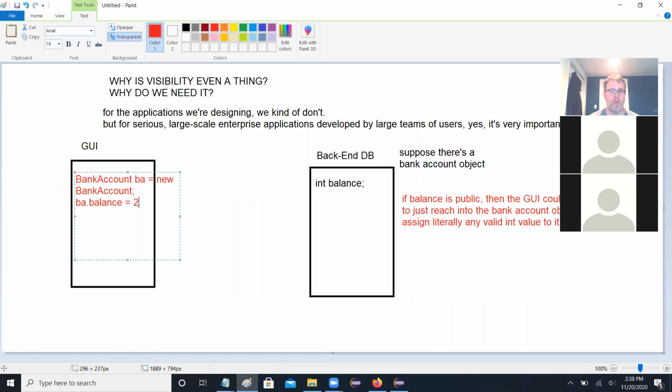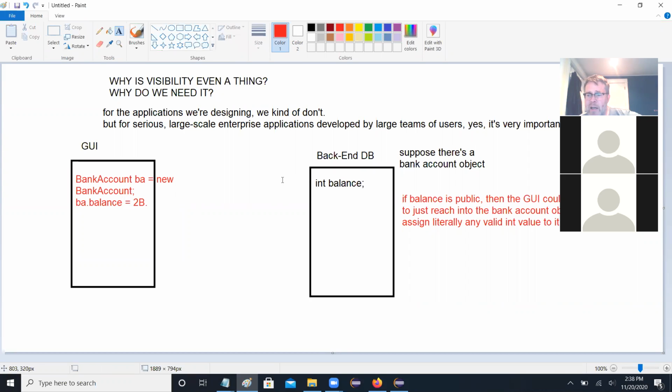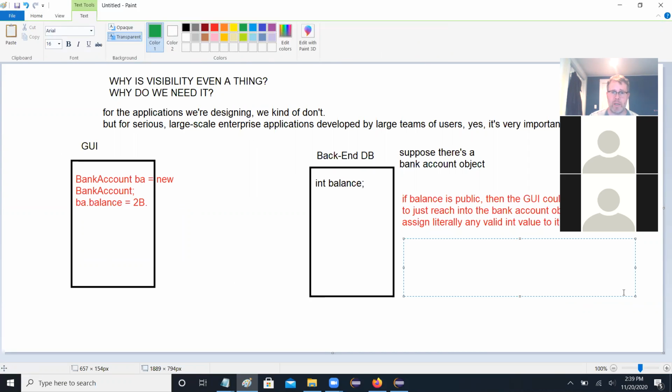So it equals 1 million or 1 billion or 2 billion, which is also a valid int value. So we wouldn't want that to be able to be done. That would cause a lot of havoc if somebody could insert some trouble like that into the GUI. However, by making it private, or in many cases anything not public, if balance is private or otherwise inaccessible to the GUI class,